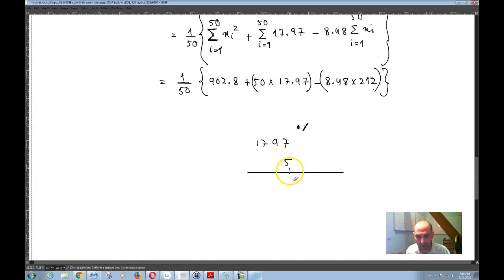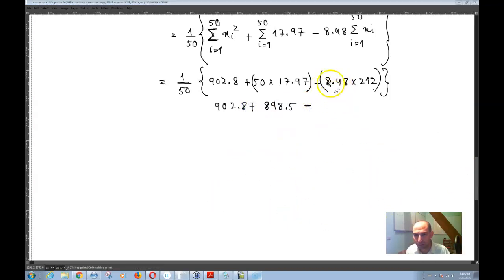So you get 5 times 7 is equal to 35, and so on, and with 1 decimal point, you get 898.5. And over here you have 902.8 plus this minus,